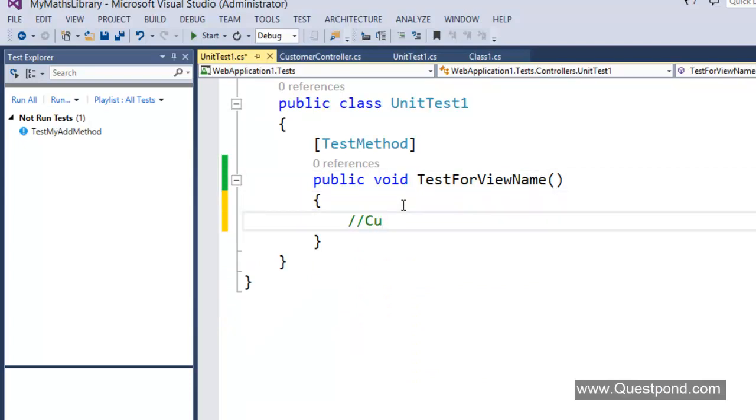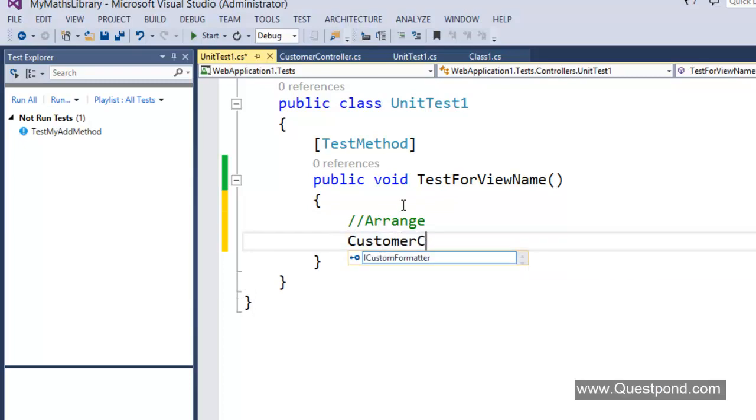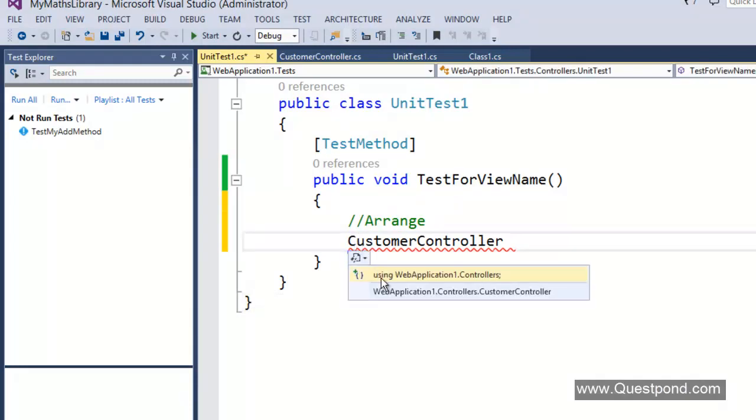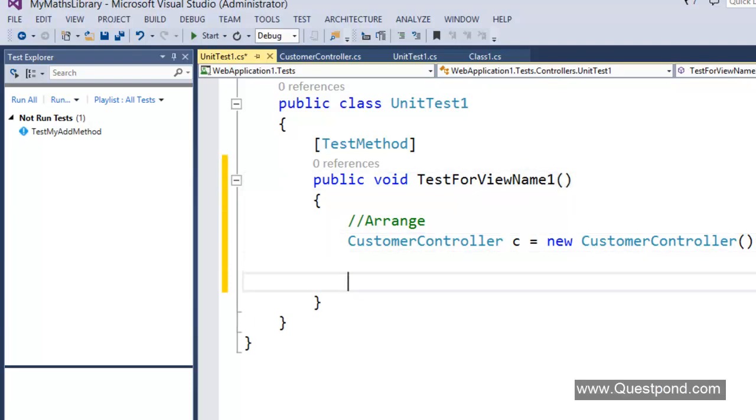That means we will create object of customer controller. Definitely we need a namespace for that, so that will be using web application 1.controllers. Customer controller c is equal to new customer controller. Let's name it like this, test for view name 1, and then we will say act.